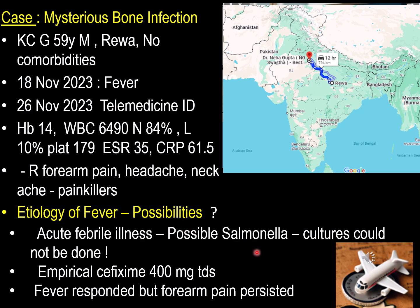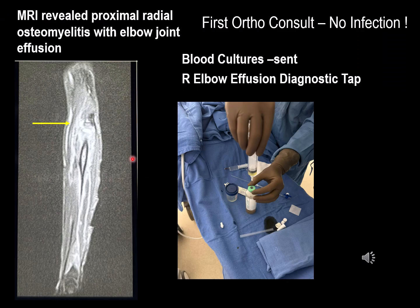Initially, we thought that this could be salmonella. We requested him to get the blood cultures done, but it was not available in Riva per se. So empirically, he was started on cefixime. The fever subsided, but the forearm pain persisted, and that's when he came to us in our clinic, and